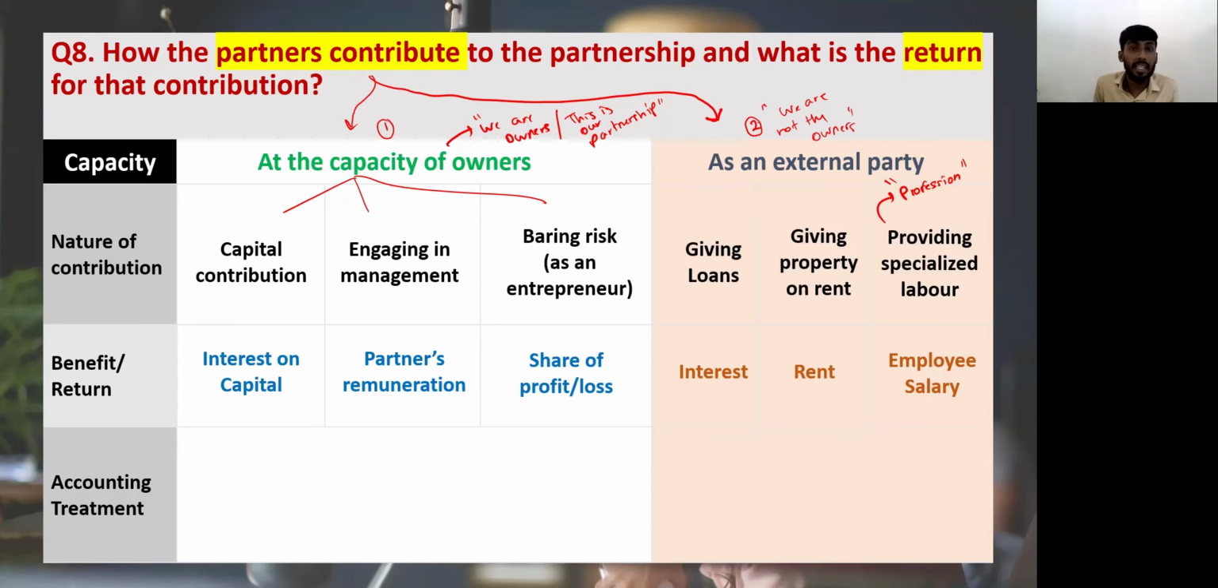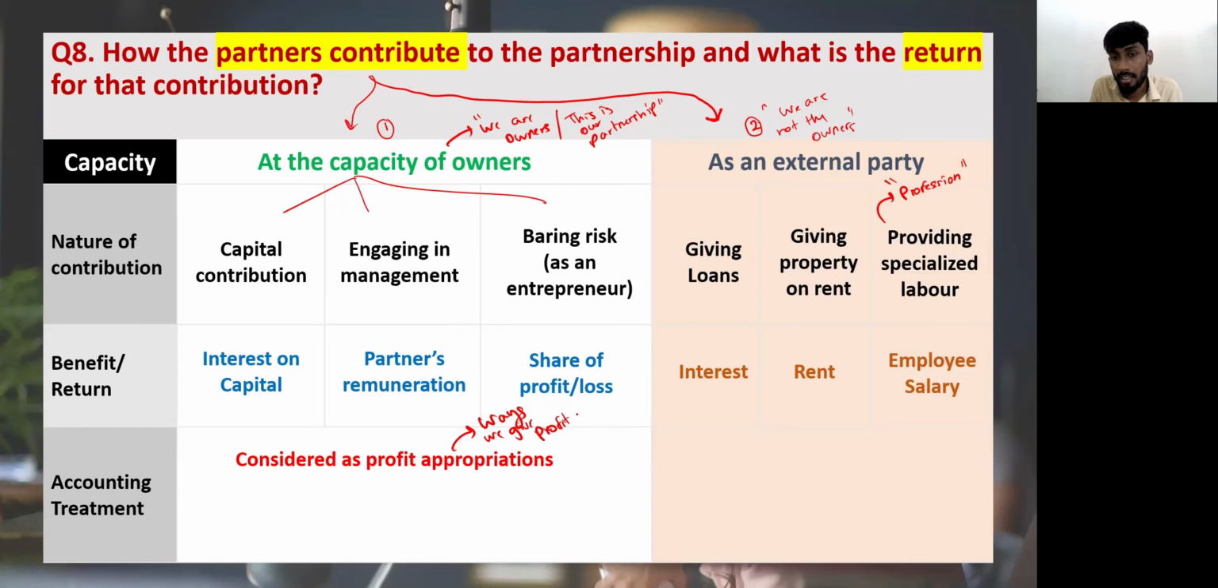For that we can get an employee salary. Okay. Now, how to account these two? If the owners are contributing to the partnership in the capacity of the owners, then we consider them as profit appropriations. That means they are ways we give profit to the partners. Okay, profit appropriations means ways we give